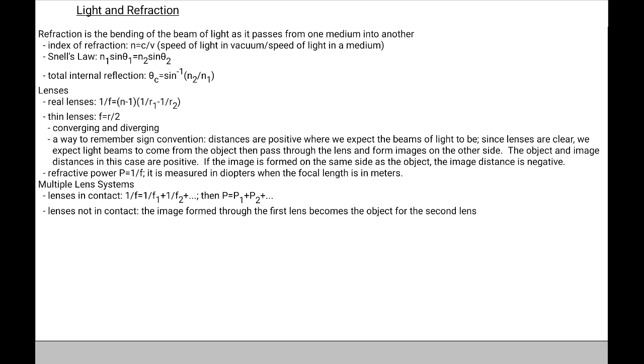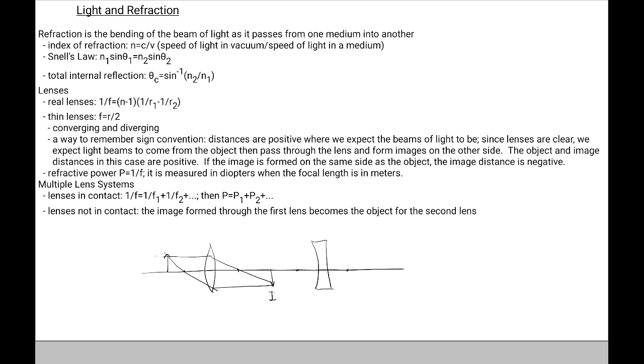Now, if lenses are not in contact, then the image that's formed through the first lens becomes the object for the second lens. So if we have a converging lens, and here is an object, and those are the focal points. So let's say that the image forms somewhere here, like that. And then we have a second lens. Then the image to the first lens becomes the object for the second lens, and those are the two different